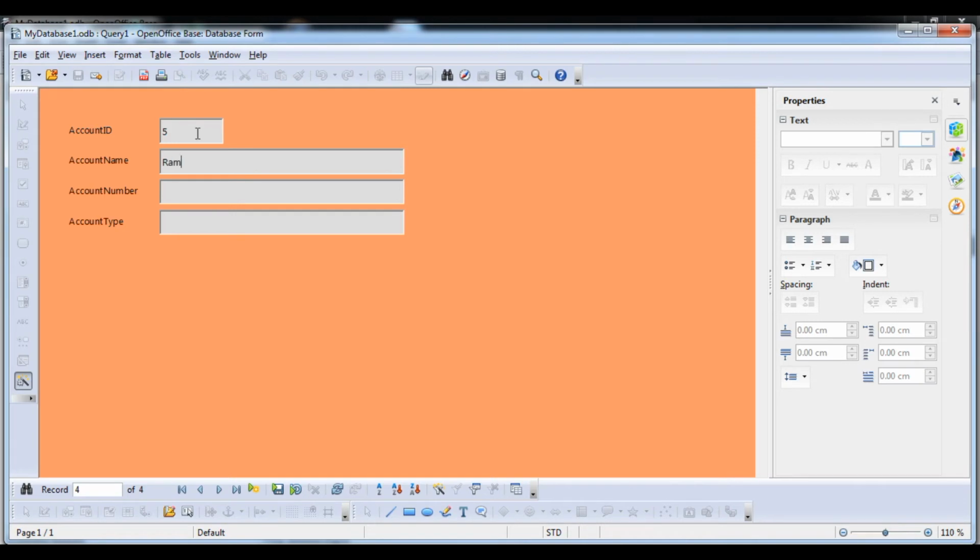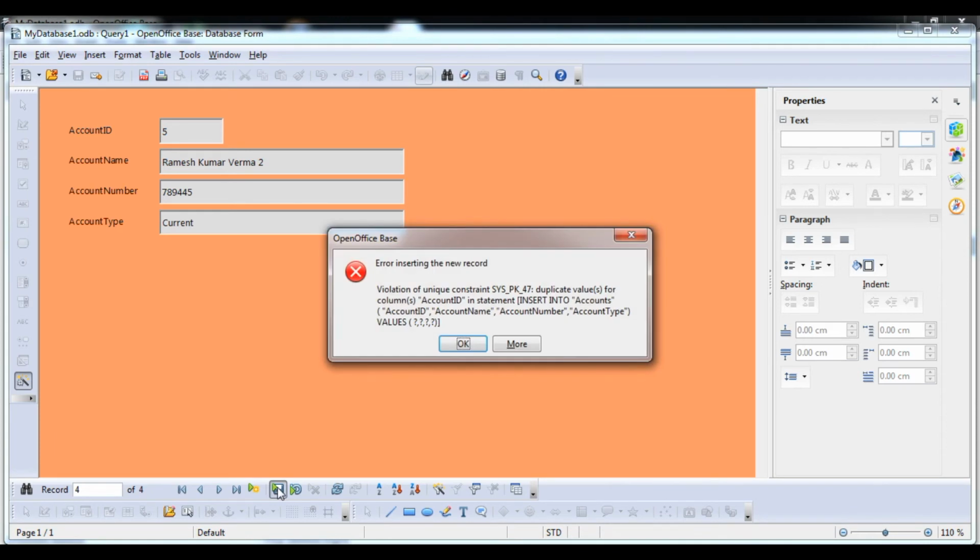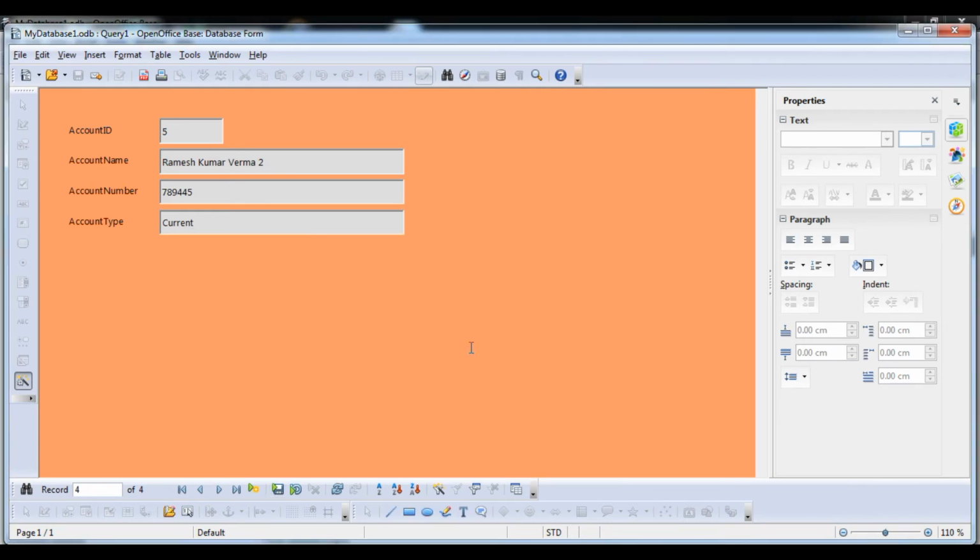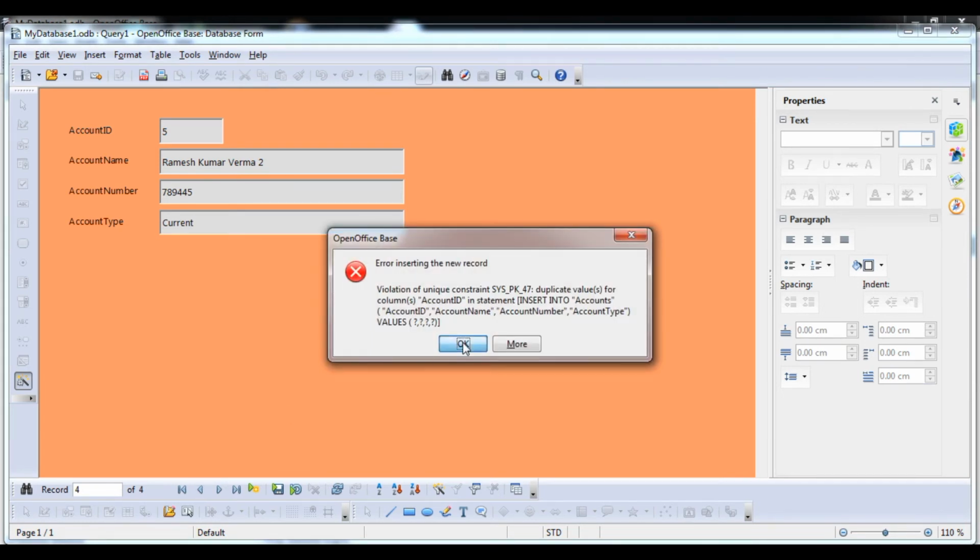Ramesh Kumar Verma. An account name, suppose the number is 786, whatever, account type current. Then after that you can see save record. You just have to press save. Okay, so now you can save it, and then you can see